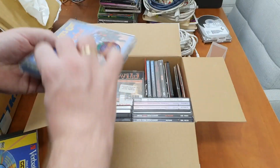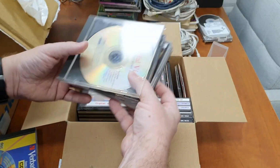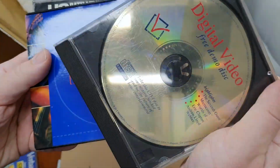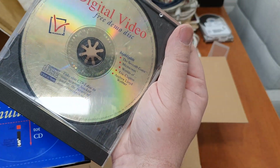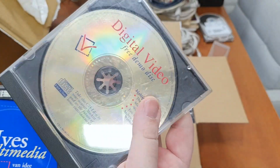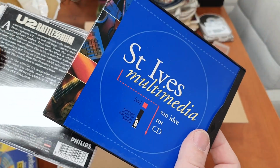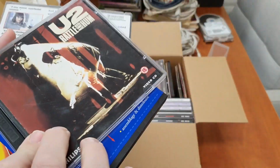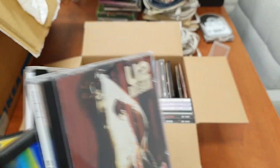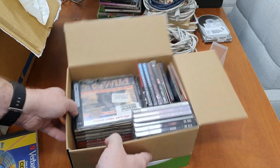I have to go through it more quietly because there are still plenty of things to unpack over here. Ooh, a free demo disc. That's interesting. Digital Video free demo disc. Maybe that's a good idea to put this one in the DVD or in the CDI player today. Alright. More U2. The Crying Game. Yeah, and this box is completely filled with